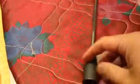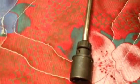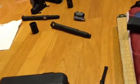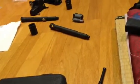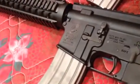ViperTech hop-up, which is not necessary anymore because I have the AMA Show Tops steel barrel extensions. I still would have to fabricate a barrel spacer somehow for the VFC. But anyways, that's not what I'm here to tell you about. I'm here to tell you about the ViperTech